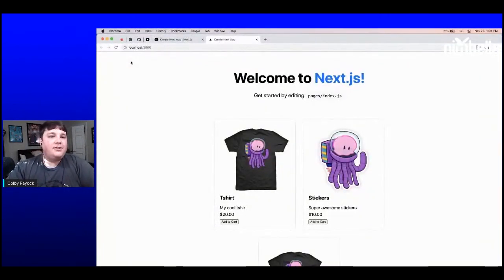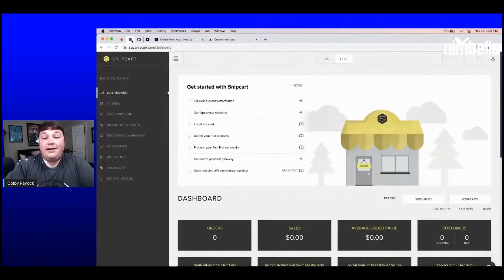So back in the browser, I already have snipcart.com loaded. Now you can create a free account on snipcart.com. I already created my account because I didn't want to have to walk through the verification process and the email and such, but this is a brand new fresh account that we're going to be able to walk through. So if we're going down the list on the dashboard of getting started with Snipcart, we can see